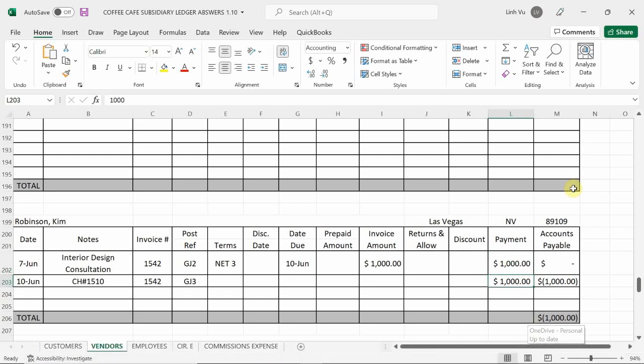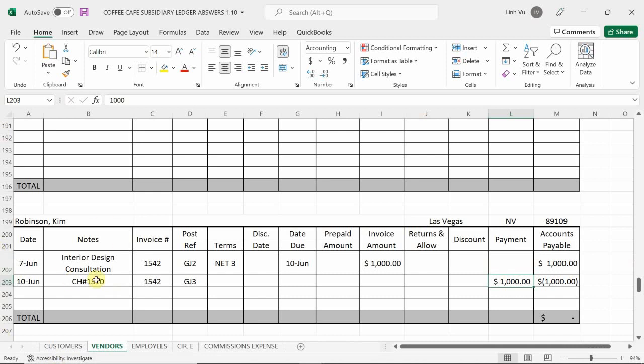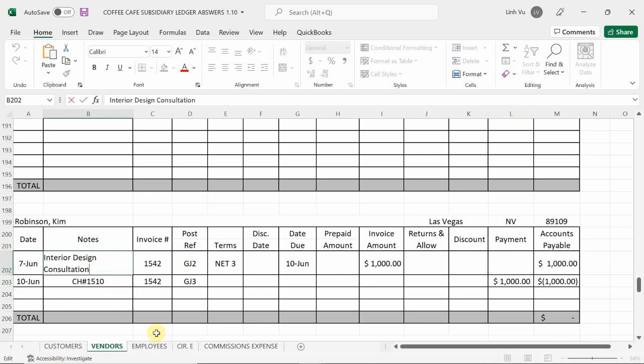But you want to be very careful with that because look at all the information that is different. The date is different because obviously you didn't pay. What date are you going to put that you made a payment for? Right? Are you going to try to squeeze it in here and say that I made a payment here? If you do, then this number is going to get affected, right? The due date is going to get affected. All right? And then, of course, you would have to change this saying I cut check number 1510. Okay? And, of course, the check that you wrote was actually on General Journal number 3. So you have to squeeze all of that information in there, and it just makes more sense to just separate